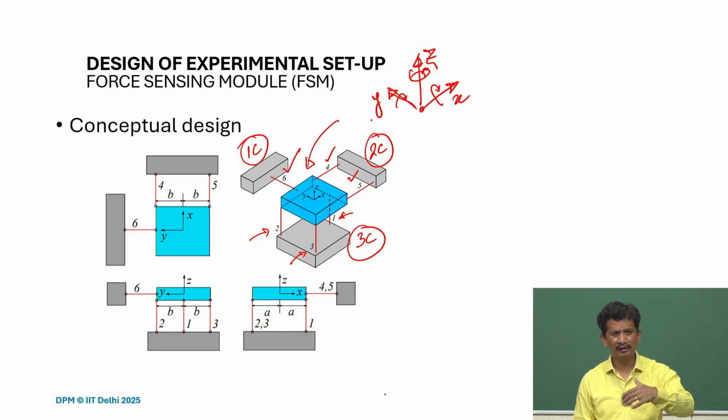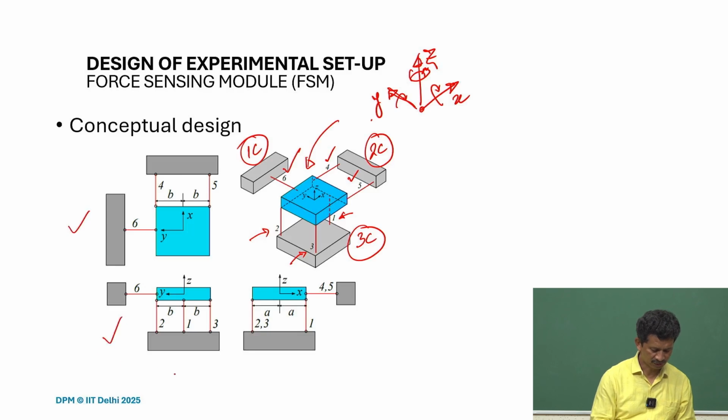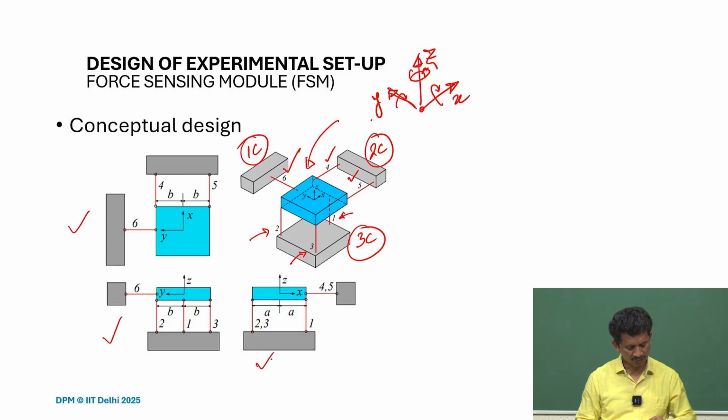And what we'll see is that any force acting on it, or any force measured along these lines, can give me the forces and torque values along x, y, z, the force and the torque precisely. So whatever I have explained, we can also check from these projections, and it also explains how the forces will be distributed. So for instance, if there is a force along z direction, Fz,